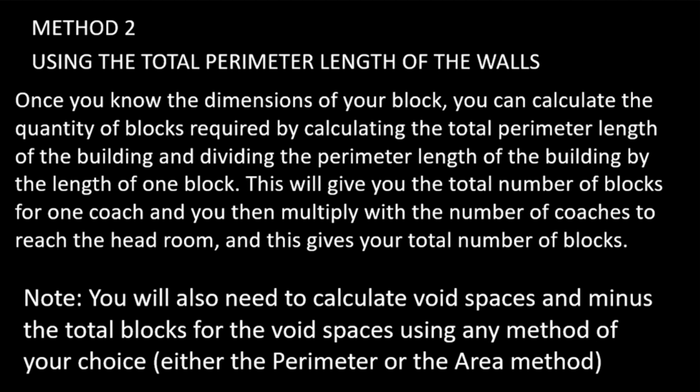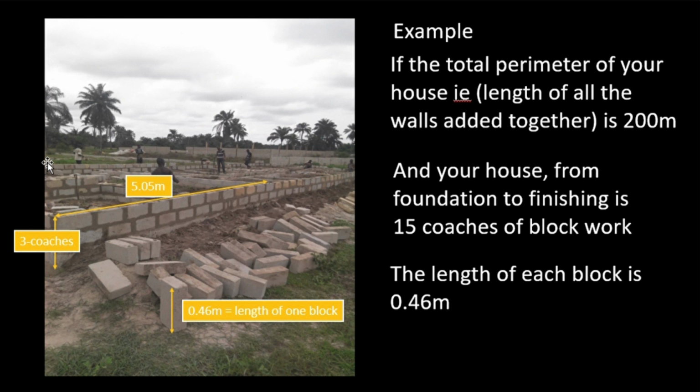This will give you the total number of blocks for each course, and you then multiply with the number of courses to reach the headroom, and this gives you your total number of blocks. Note, you will also need to calculate voids and minus the total blocks from the void spaces using any method of your choice, either the perimeter or the area method. In this example, using the perimeter method,